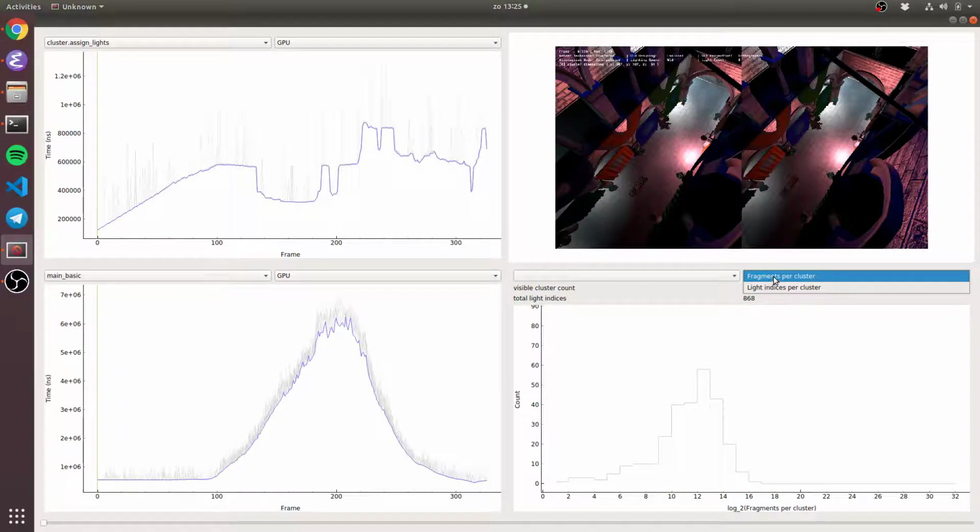I also have a histogram here. This is showing the fragments per cluster. Note that the x axis is logarithmic, so this fourth bin contains clusters that have up to 2 to the power of 4 fragments in them. I think something like that. I haven't figured out exactly how to interpret this, but